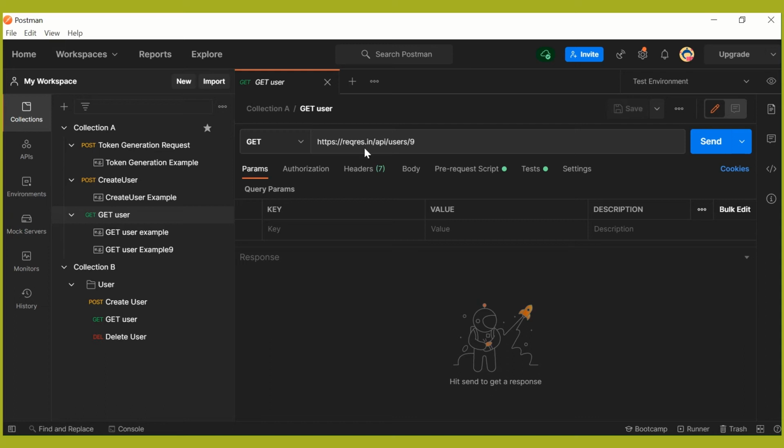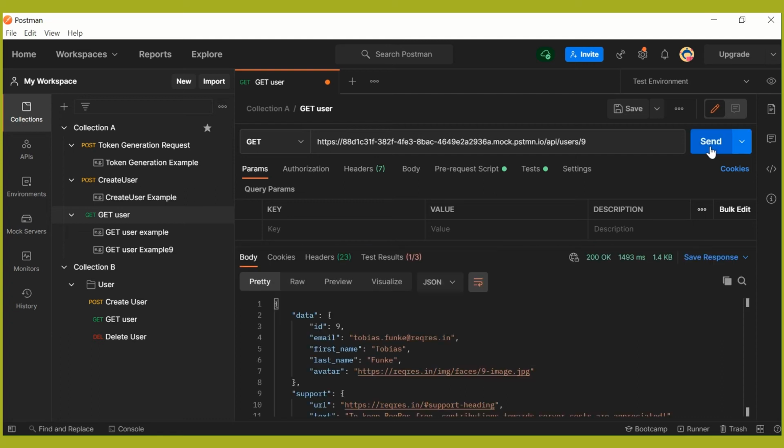So now Postman has created the host and provided it to us, and what we have to do is that whatever host name is created, we have to replace it in this actual request. You can see now I have replaced only the host with the mock server created by Postman, and I kept the same URI which was there for the actual request that I used to hit to the actual backend. And now when I click on send, I got this particular response for ID 9.